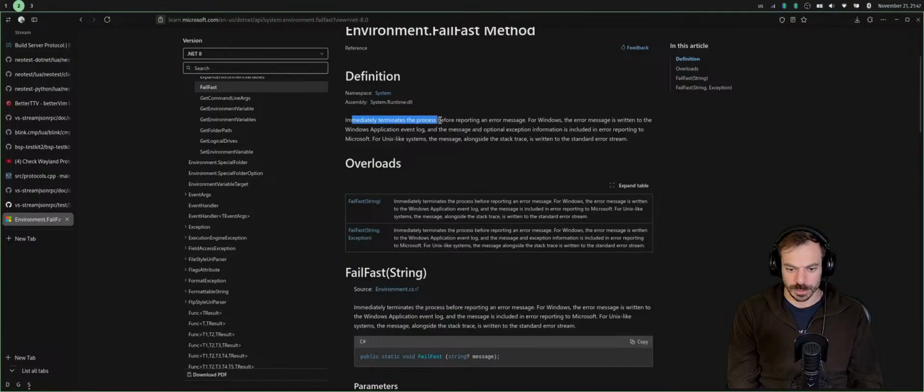Immediately terminates the process before reporting an error message. For Windows, the error message is written to the Windows application event log, and the message and optional exception information is included in error reporting to Microsoft. For Linux systems, the message alongside the stack trace is written to the standard error stream.